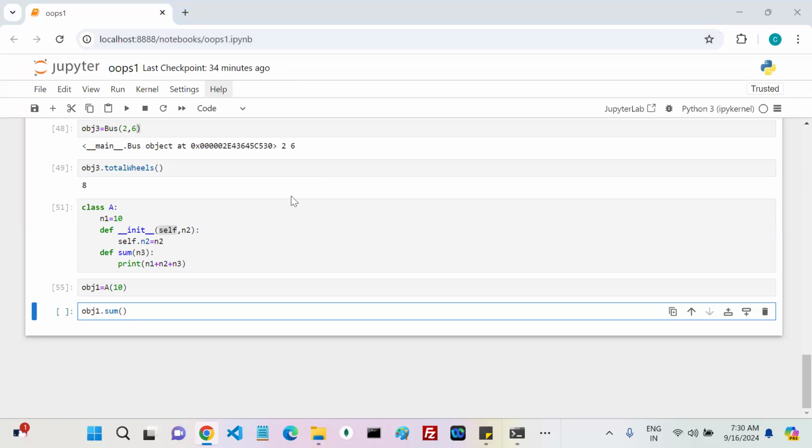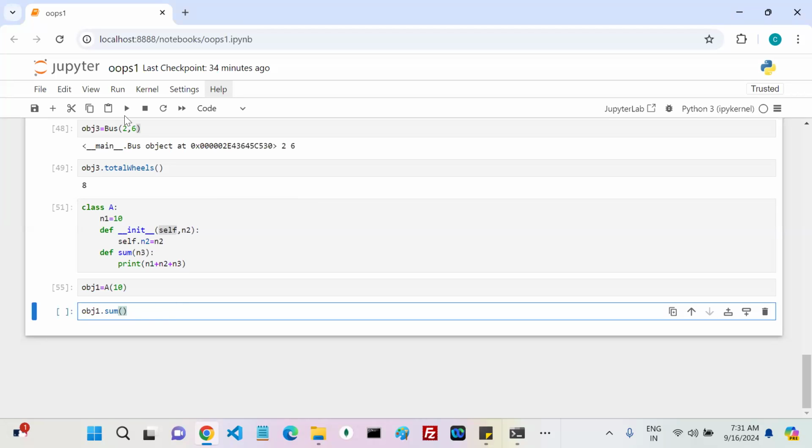What is that error? Additional argument. Positional argument what? n3 is required. n2 is known. The name n1 is